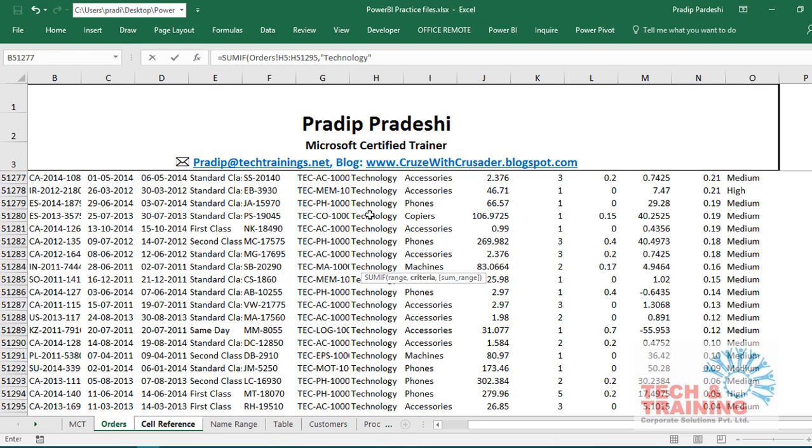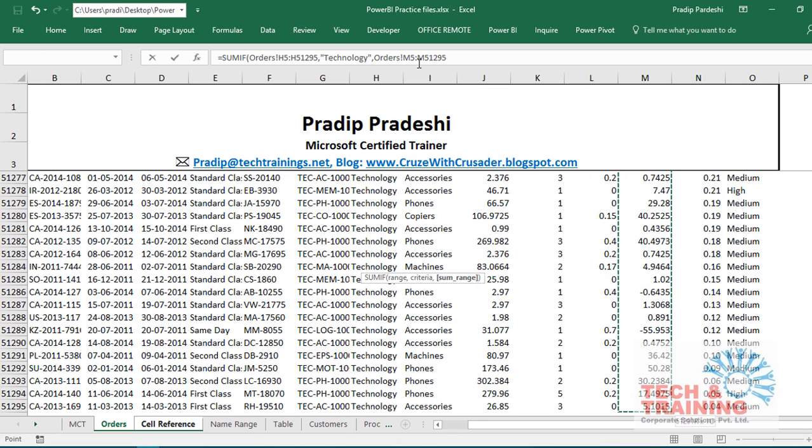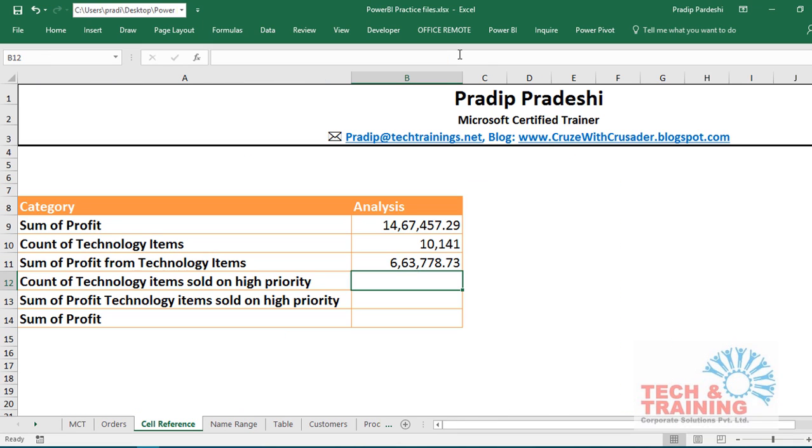Now, after I talk about technology, I would like to also add the profit. So it is asking me for some range, so my profit range has to be added. Now remember, I said that I have begun my selection from the 5th row. So I'll have to come back to the 5th row, Control Shift down, and here the 51,295th row. These two ranges must be equal in order to get the SUMIF function calculated. So now I close the bracket, and when I press enter, see, I have made this much profit